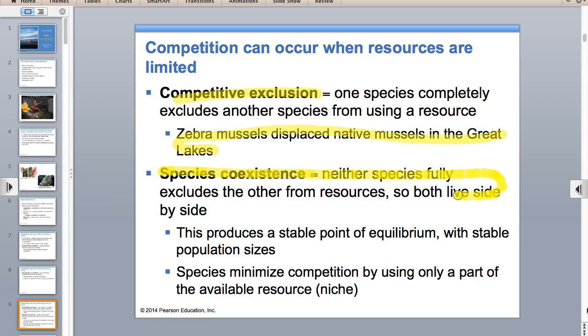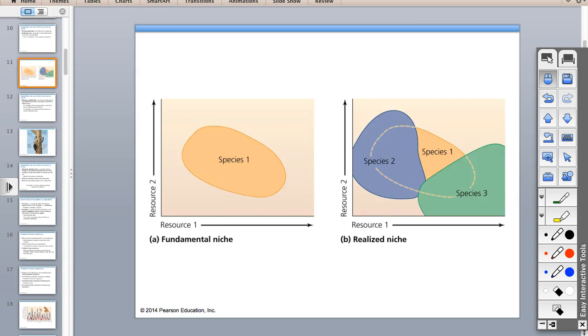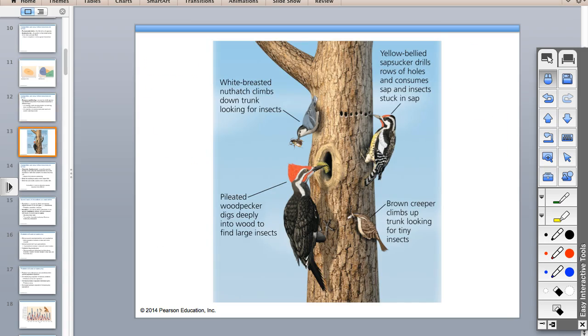So that happens. Species can also coexist. Species coexistence. That's where everybody learns to live beside each other and they get along. So, I have a really funny picture for this. I can't wait to show you. It's kind of hilarious. It'll be better if I show you the picture. Oh, it's way on down here. Okay, I'll get to it. I'm going to show you now.